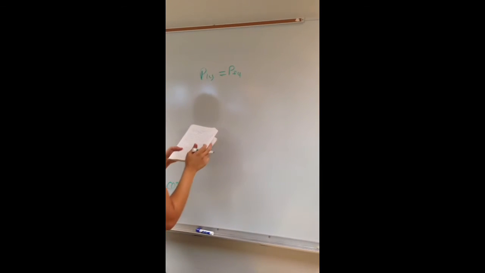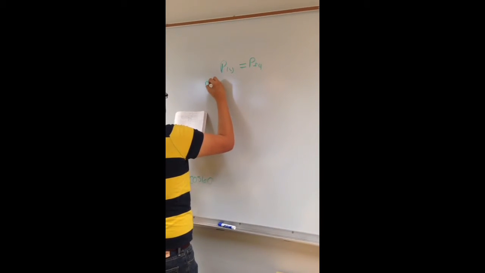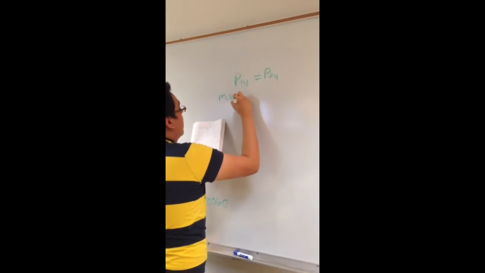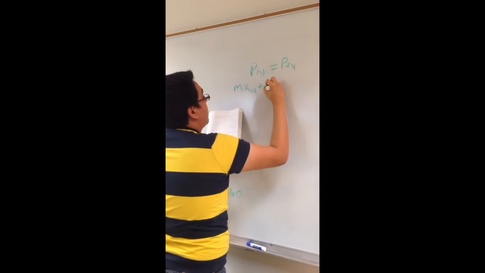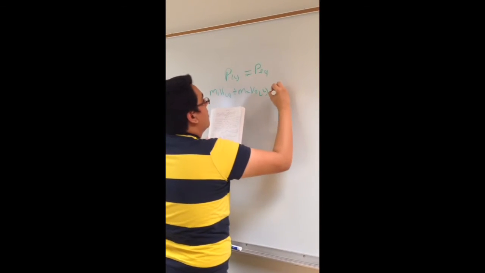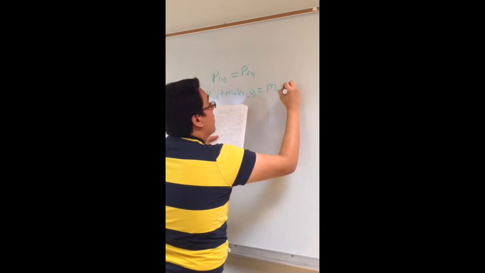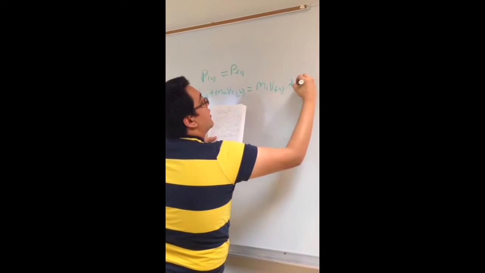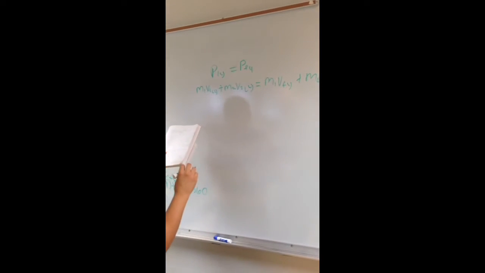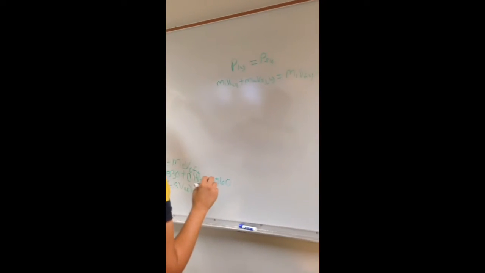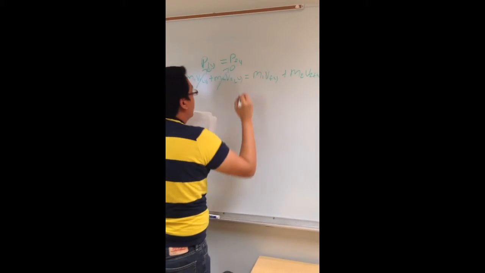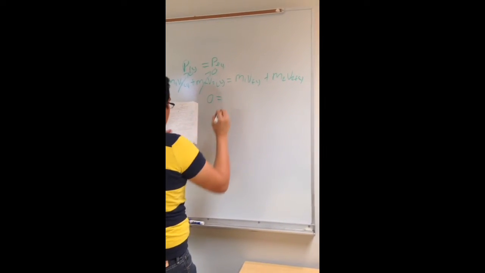So we have M1 V1 initial on the y plus M2 V2 initial on the y equals M1 V1 final on the y plus M2 V2 final on the y. In the initial collision, there's no y, so this would go to 0 and this would go to 0. So we have 0 equals